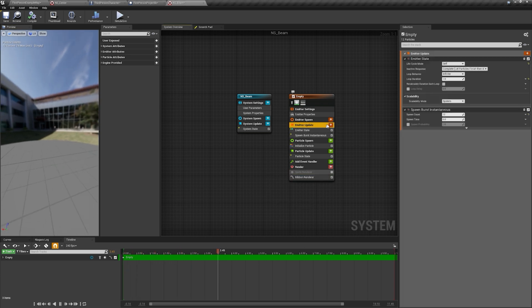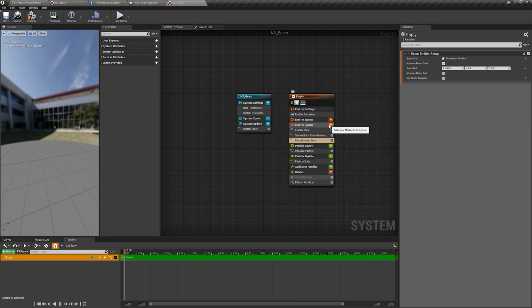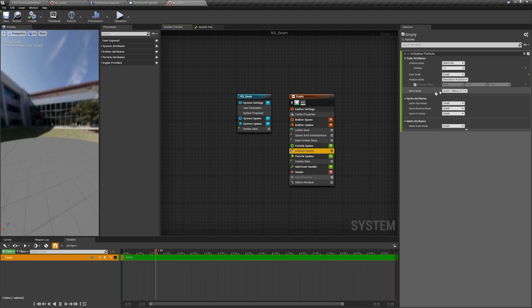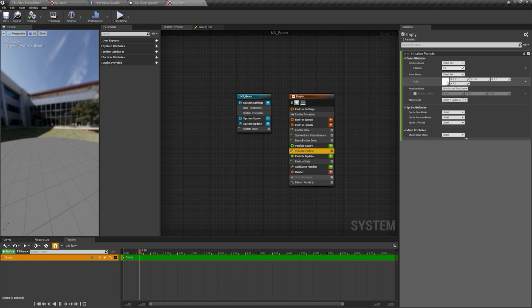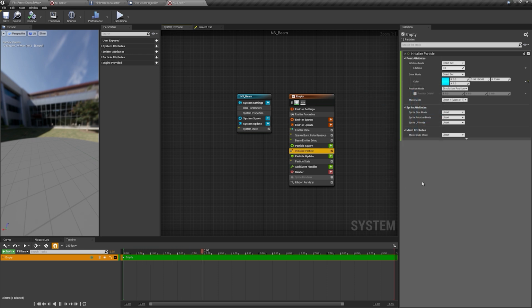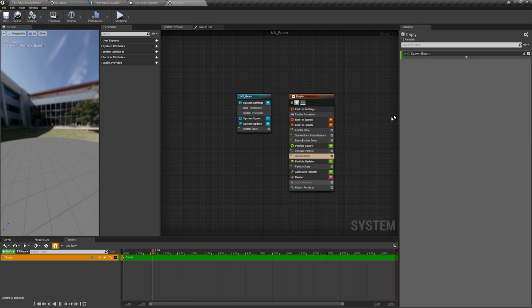Then go here and type in beam setup and tick both absolute start and absolute end. Then go to initialize particle and go to color mode and direct set and change this to cyan color or whatever color you want. Then click this and spawn beams, and now click this again and beam width,